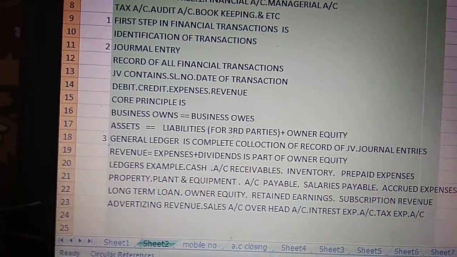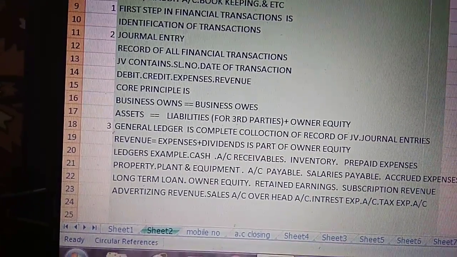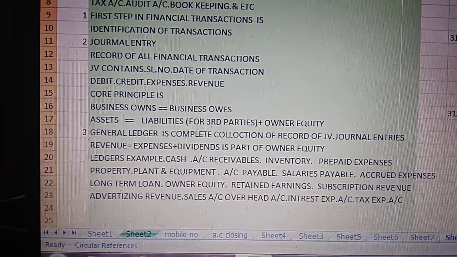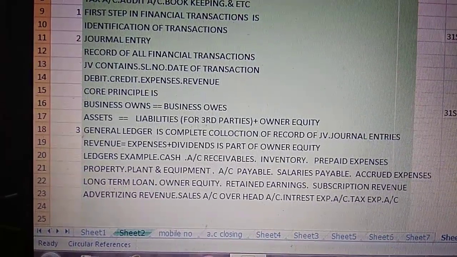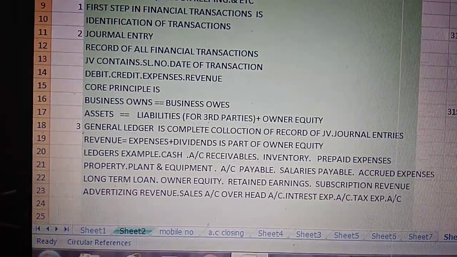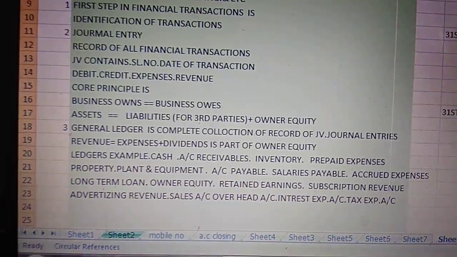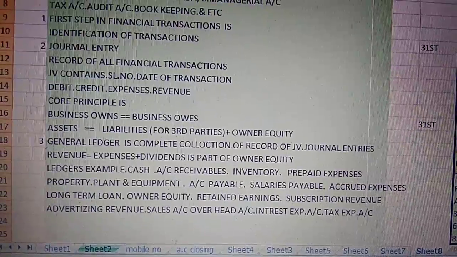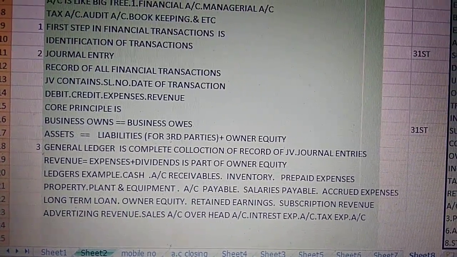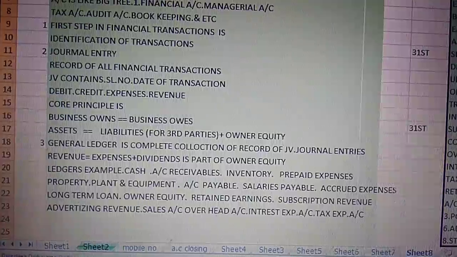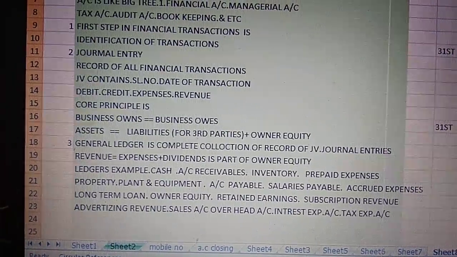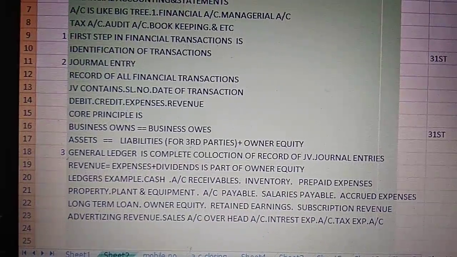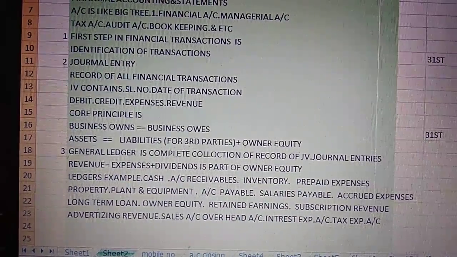Ledger examples: cash ledger, accounts receivable ledger, inventory ledger, prepaid expenses ledger, property ledger, plant and machinery equipment ledger, accounts payable ledger, salaries payable and other payable account ledgers, accrued expenses ledger, long term loan, owner equity ledger, retained earnings ledger, subscription revenue,